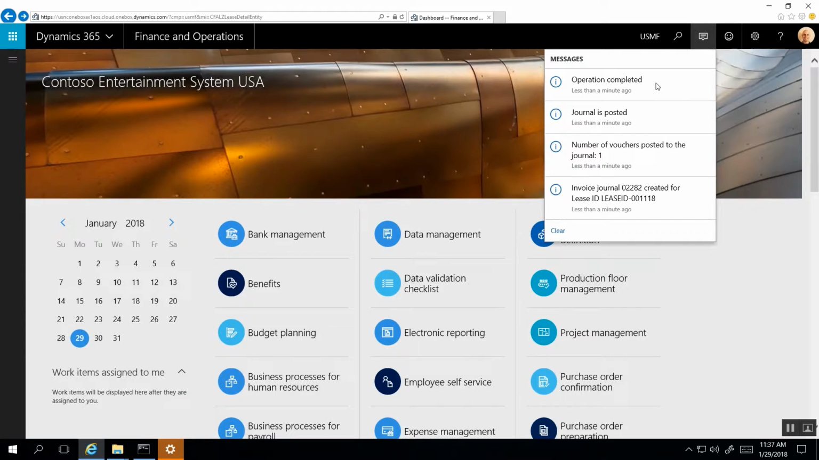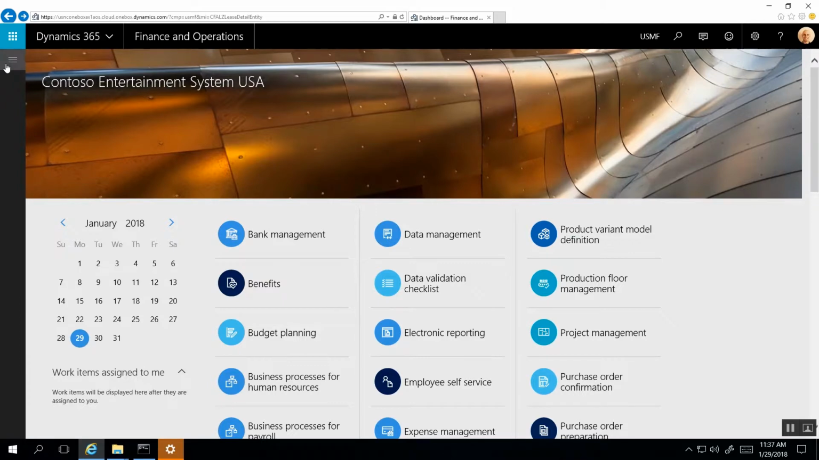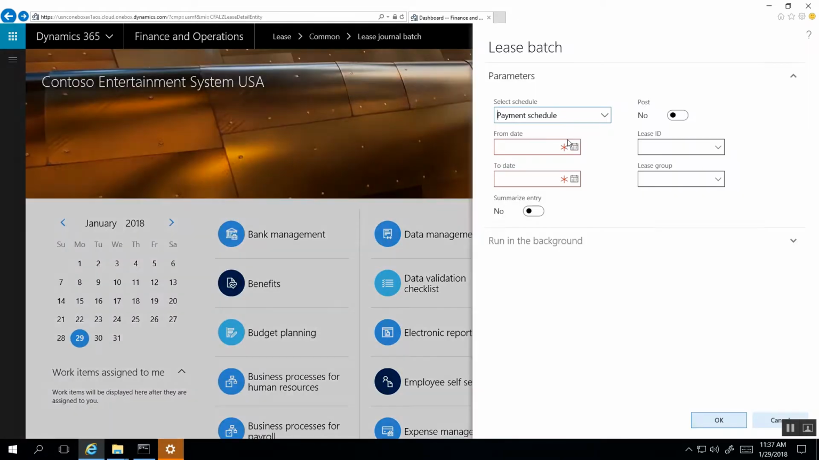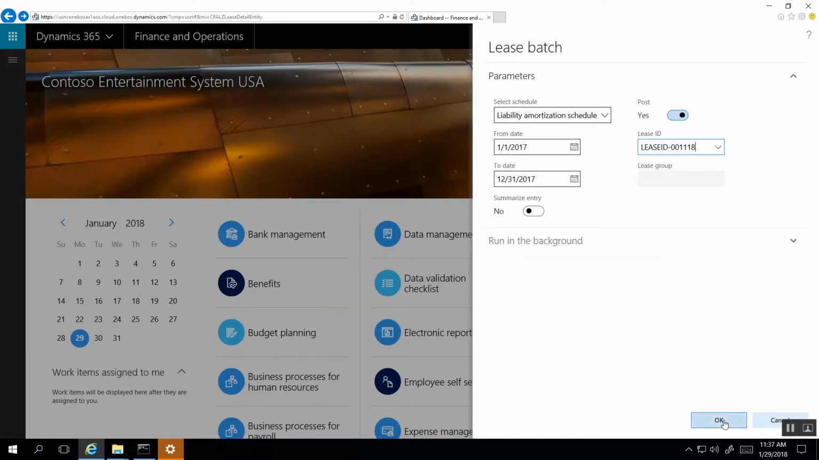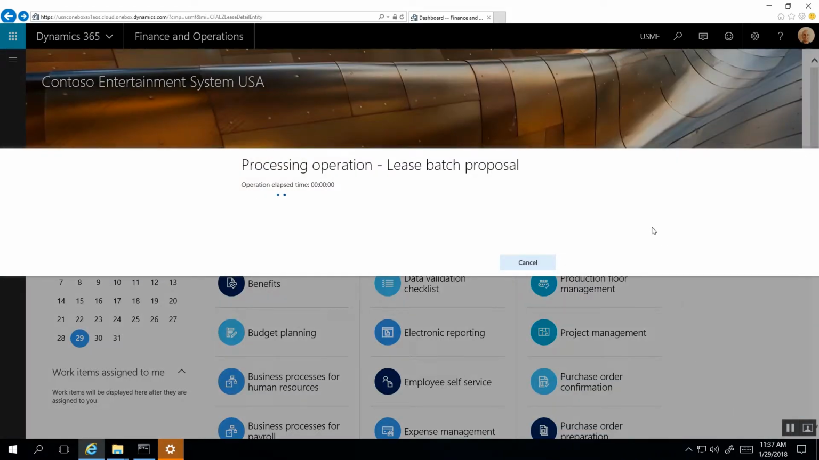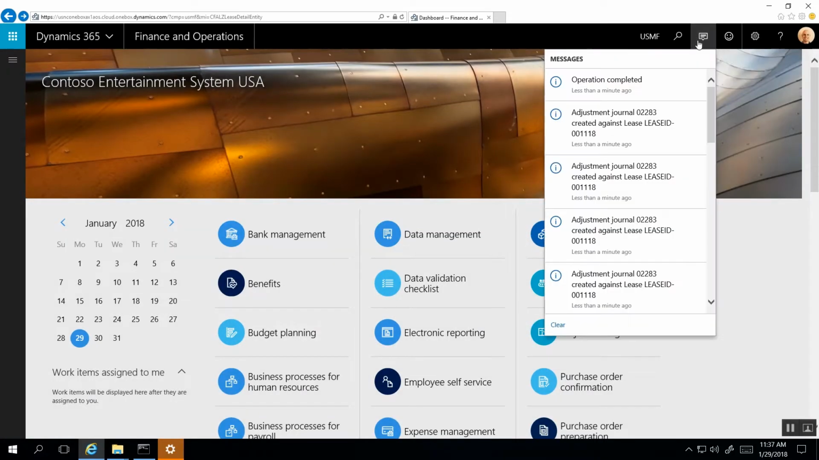And we have new messages saying that the operation was completed and the journal was posted. And now we can do the same with our interest. We can choose our liability schedule from the dropdown. 1 year later, at 12/31/2017, we can choose to post and choose our lease ID from the dropdown. Again, we see a notification that all of our journals have been posted, and we can do the exact same